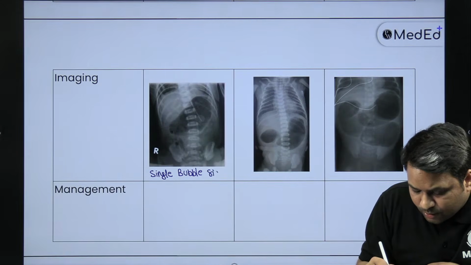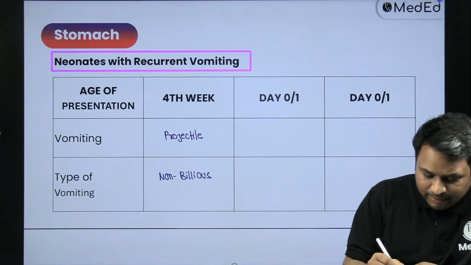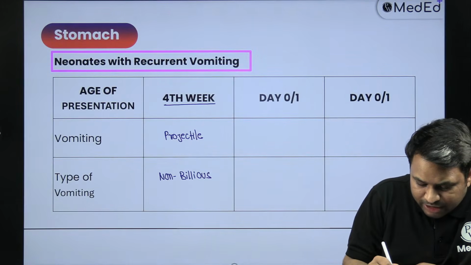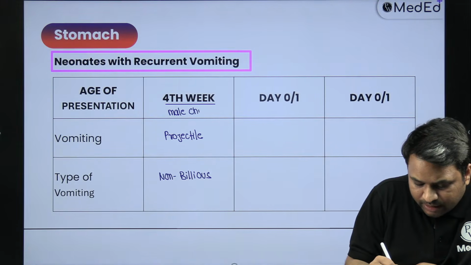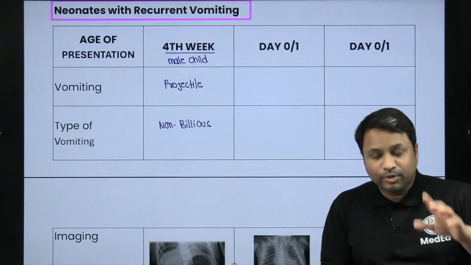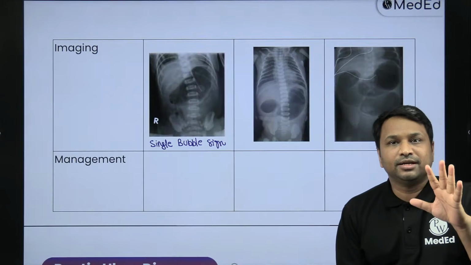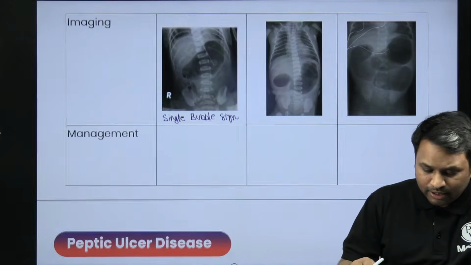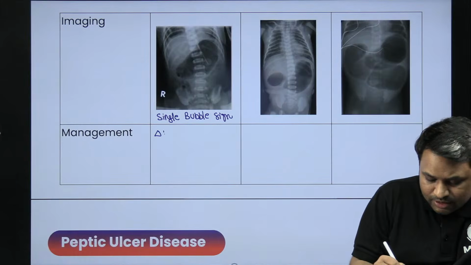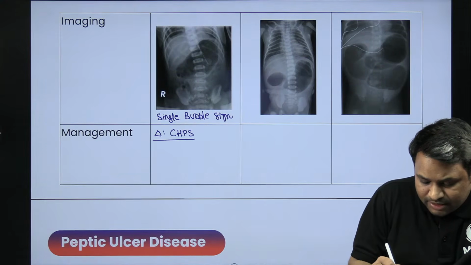What do you think is the diagnosis? A 4th week old baby, I'll just make it even easier for you. Imagine that this baby is a male child. So, a male child with projectile vomiting, non-bilious in nature, with single bubble sign. So, what is the diagnosis? The diagnosis here is congenital hypertrophic pyloric stenosis, and the management is surgery, and the surgery of choice is going to be